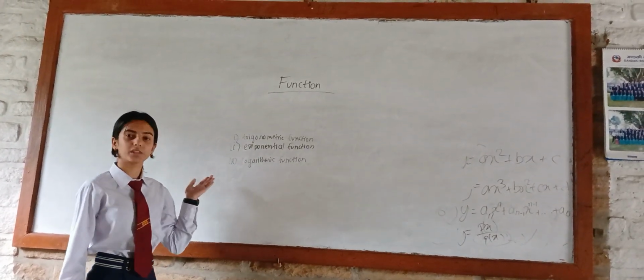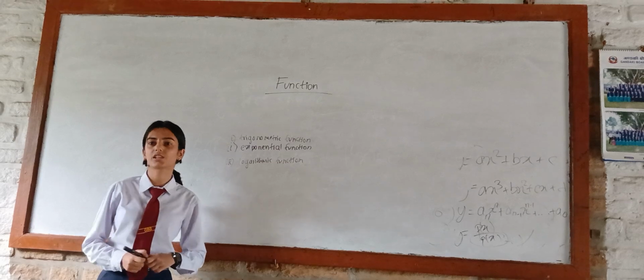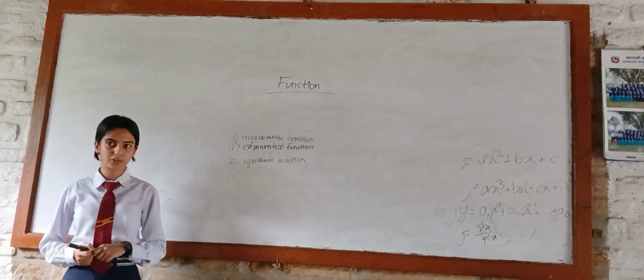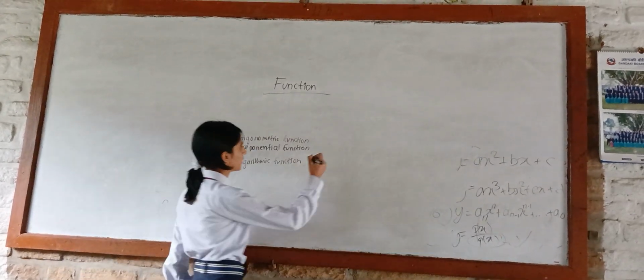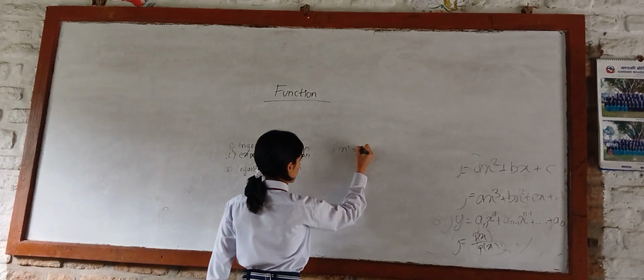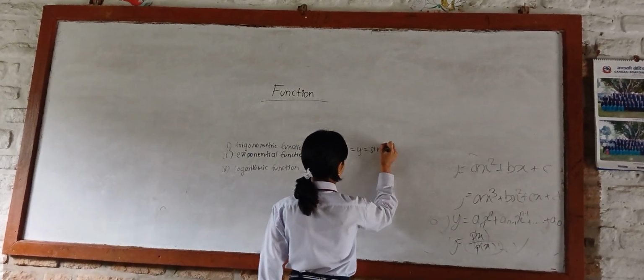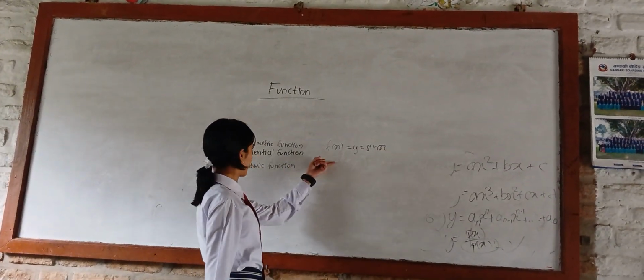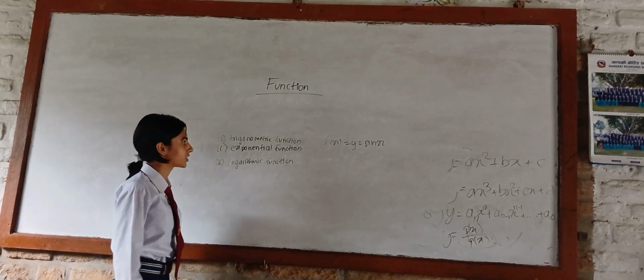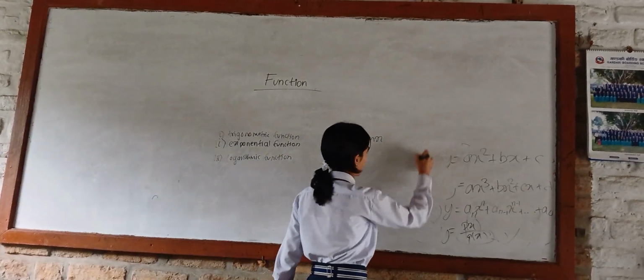Trigonometric functions are those functions which involve any of the six trigonometric ratios. For example, this is an example of a trigonometric function. Its graph is